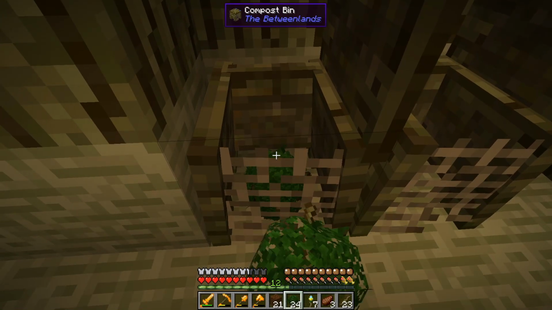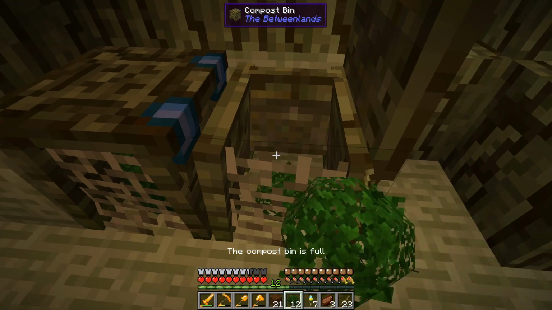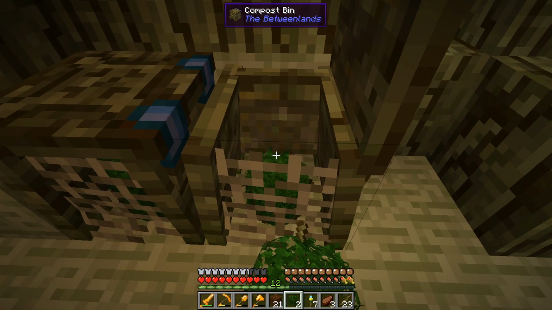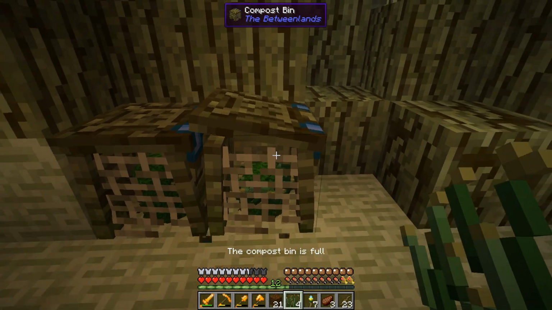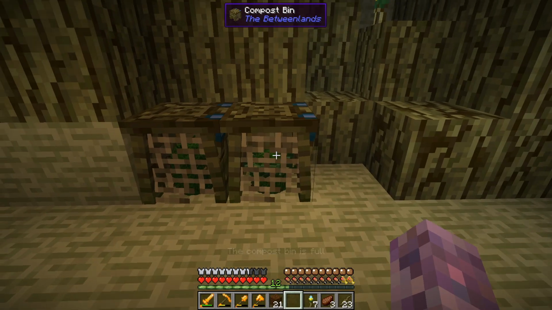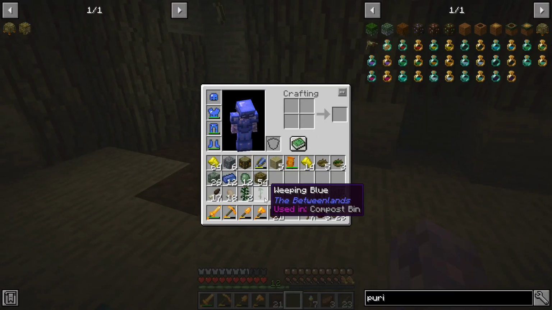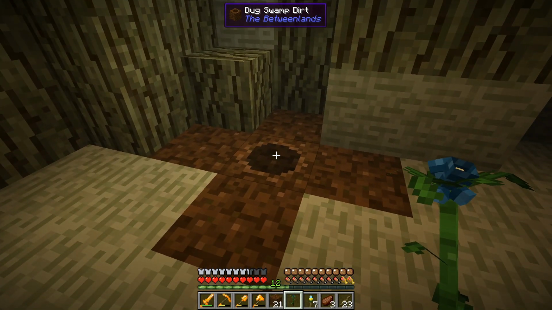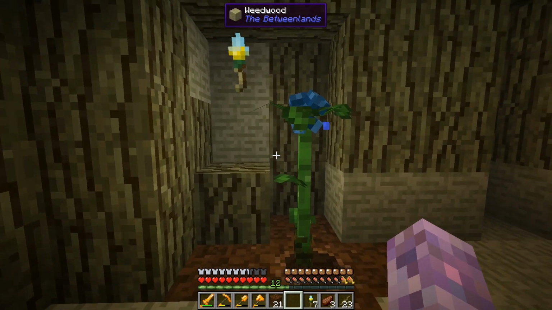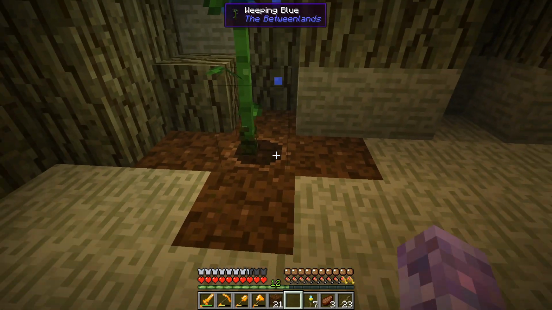You just fill the compost bin, hit it to close the lid, and eventually we'll start getting some compost. That's actually going to take a little while. That's alright. And then we can plant a plant. So we can right click, and this will spread to these adjacent blocks, but only once